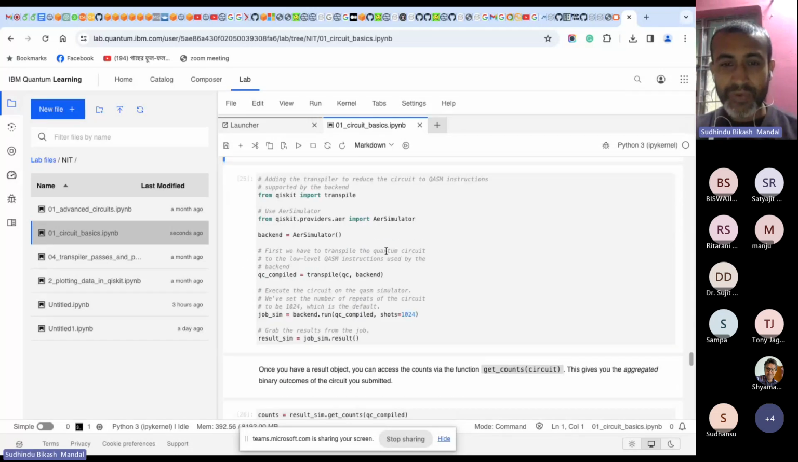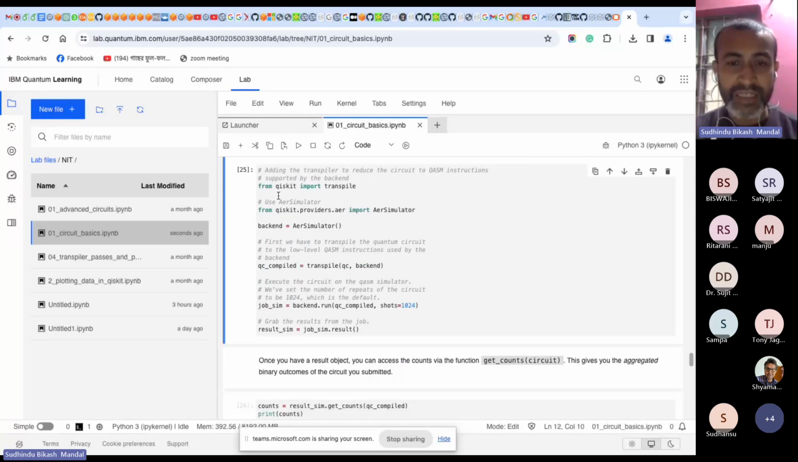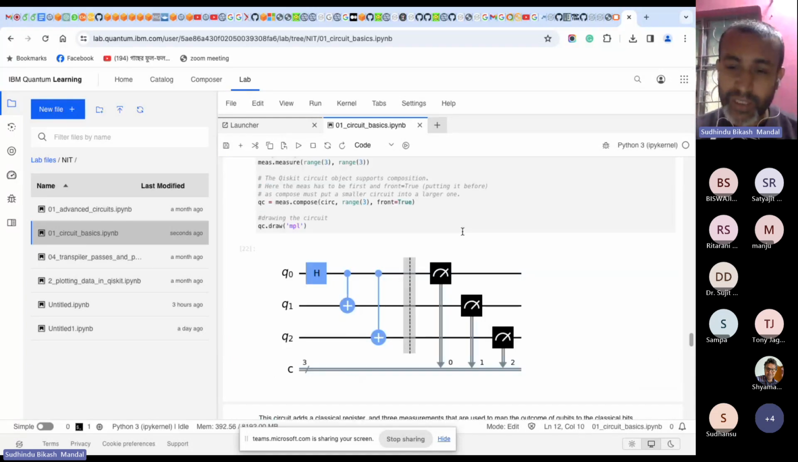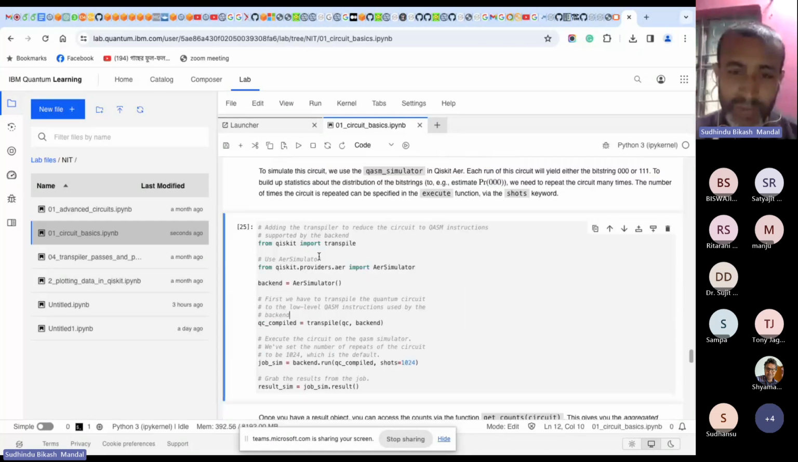And now, there is another thing. You take that this one is designed. Now we need to execute it in a QASM simulator. Just for doing this, we need to transpile your logic level circuit to a